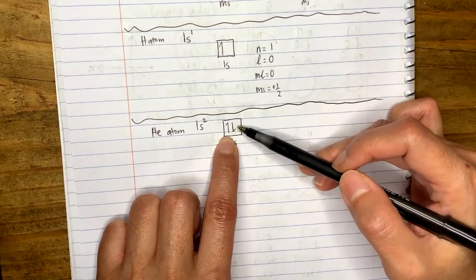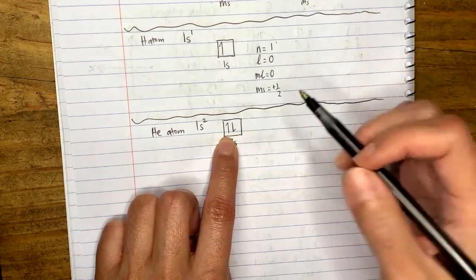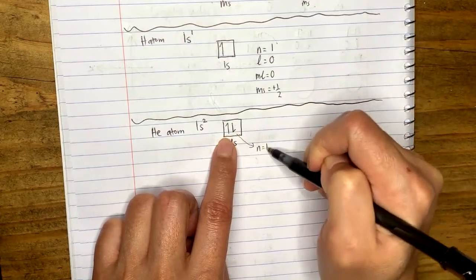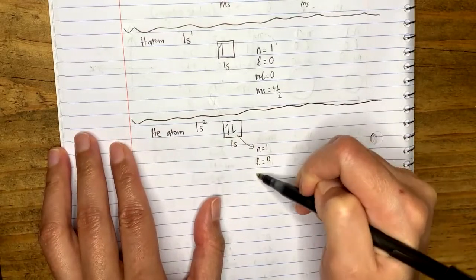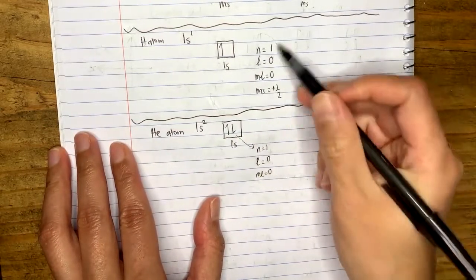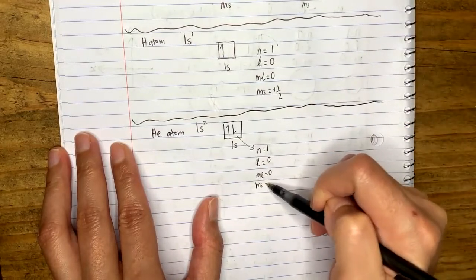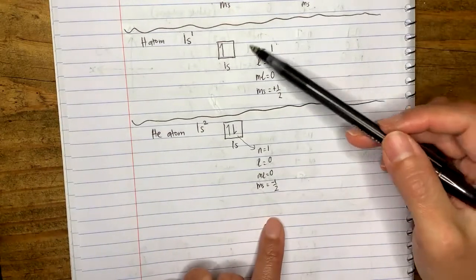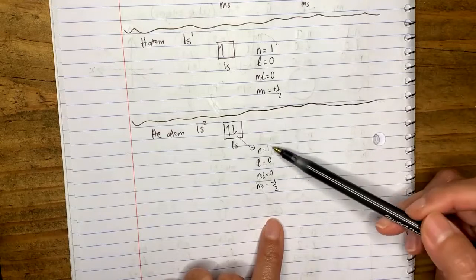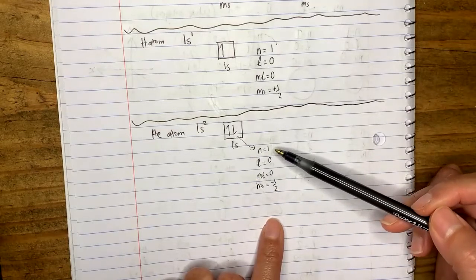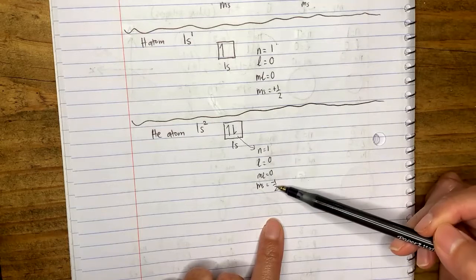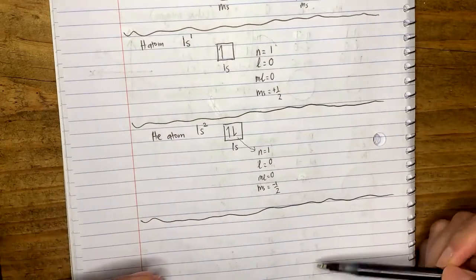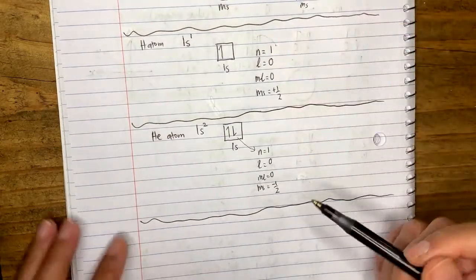The second and final electron in helium, right there, we can describe as n is 1, l is 0, ml is 0, because it's the same orbital. And then ms, in this case, will be -1/2. So helium has 2 electrons. The first electron is described using these 4 numbers, and the second electron is described using the second series: 1, 0, 0, -1/2. Because it does repeat, every atom after that contains an electron like this, for example,